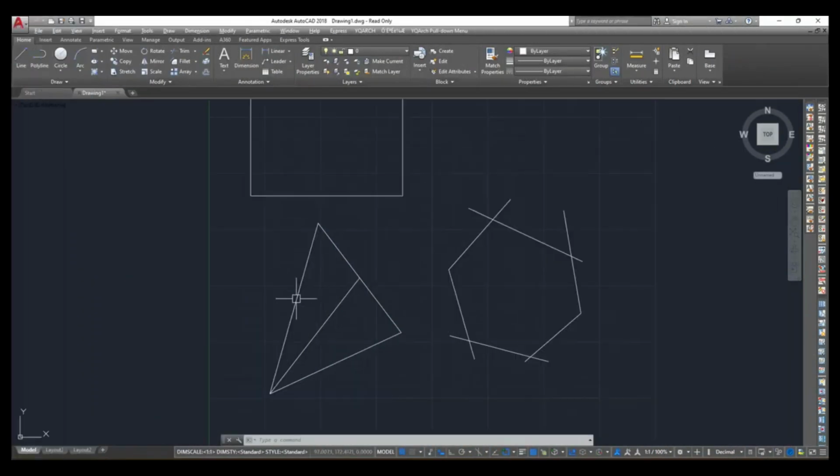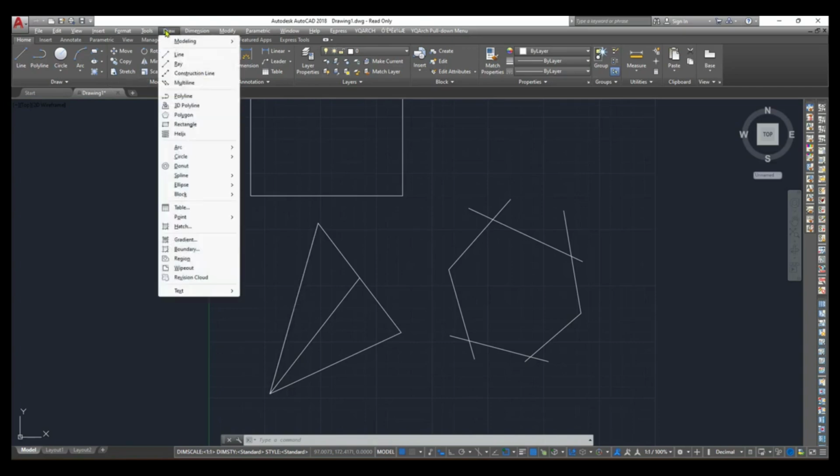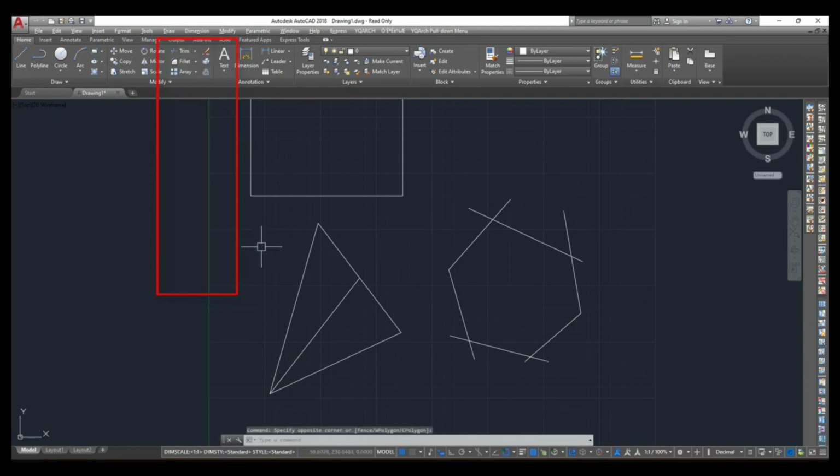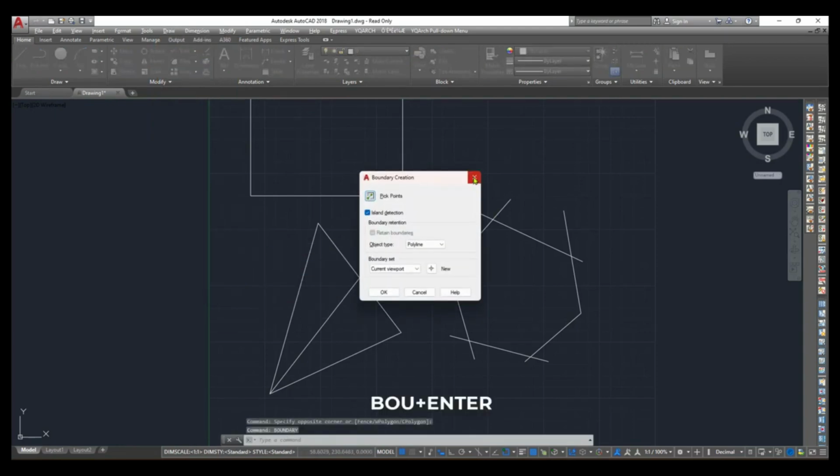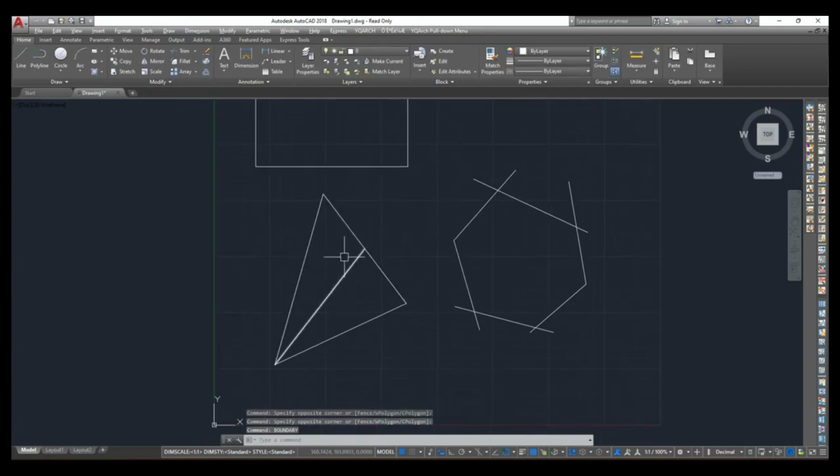Next command is boundary. In order to get the boundary command, you can go to the menu bar and click on the draw option and then you click on the boundary, or else you go with the shortcut, that is BOU, enter. So we use this boundary command to make any particular selected area into one boundary. Example, see here. So we have three lines. Also we have one more line in the middle of the triangle. But if I want to make only this highlighted area as one boundary, because when I delete this line,